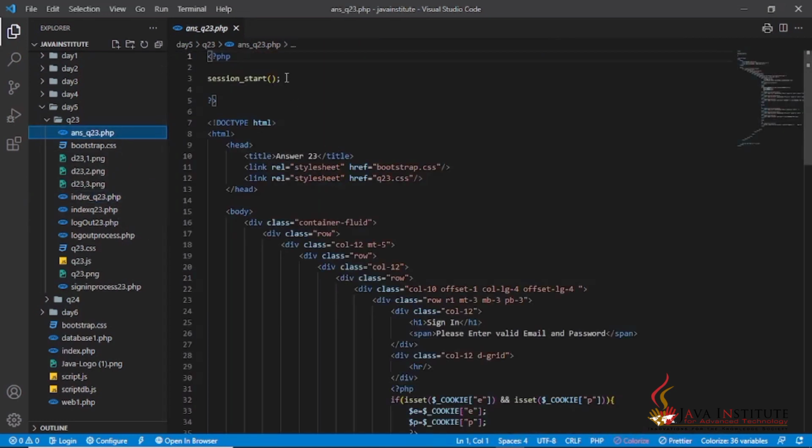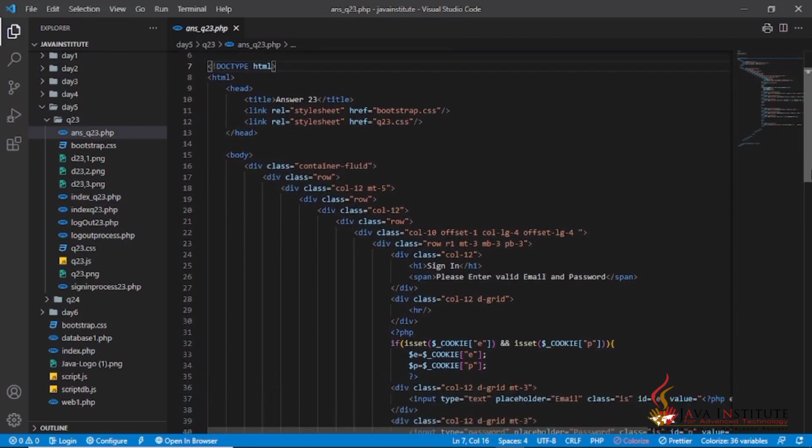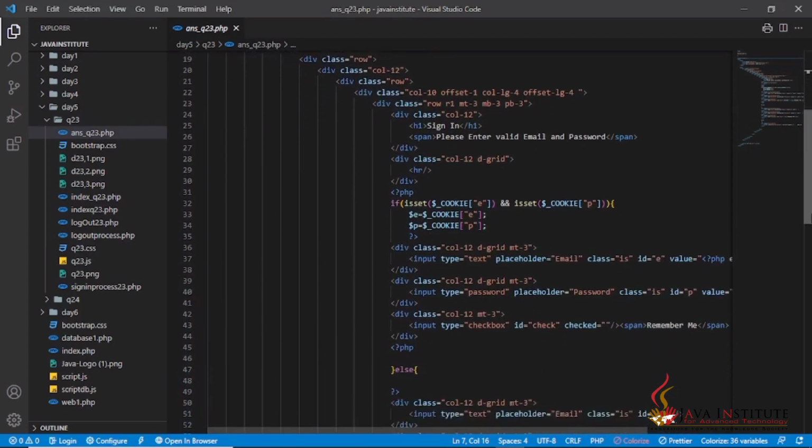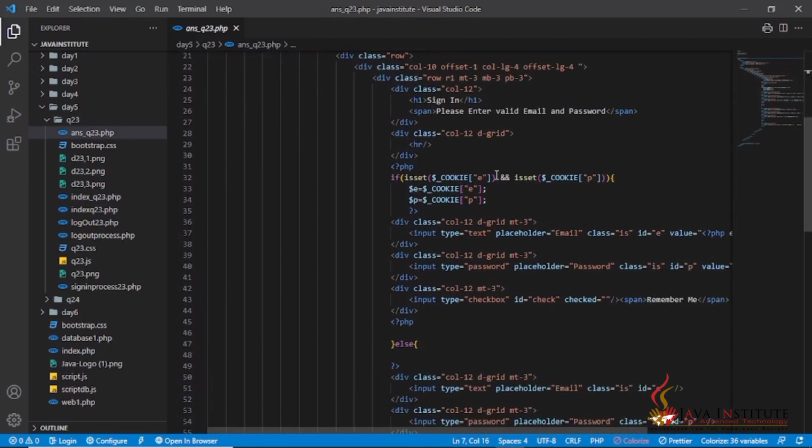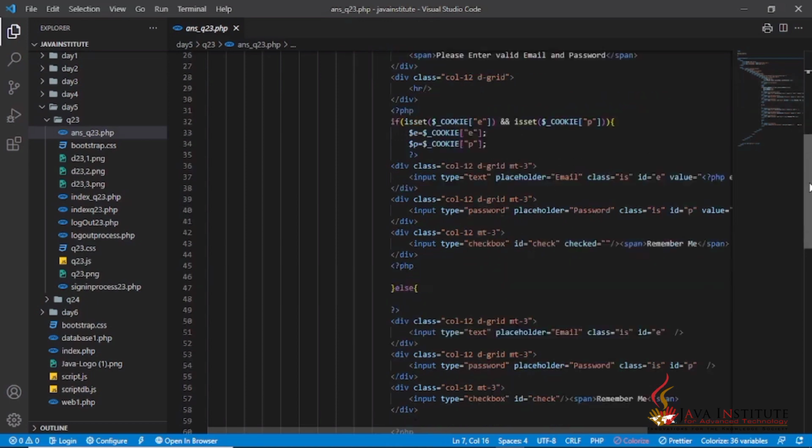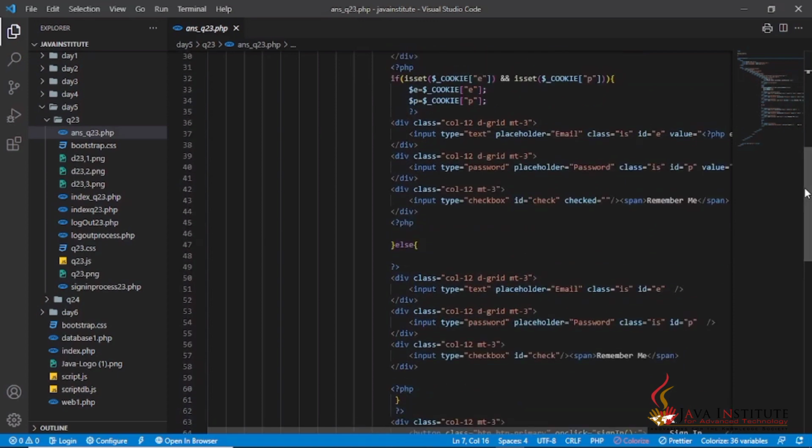For that, if you can see here, I have started a session at the topmost of the file, and here this is the way that I have checked whether E cookie and the P cookie are set or not. If those are set, I have gained those two to these variables, and here this is how I have gained the values.